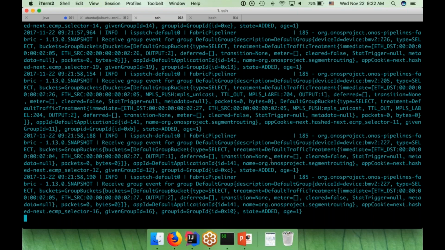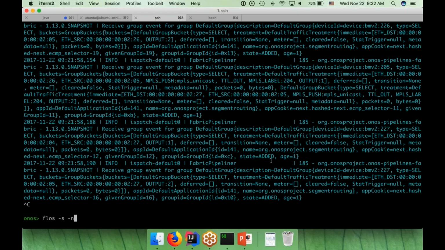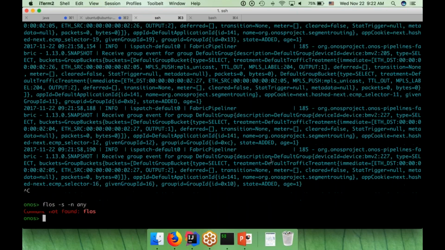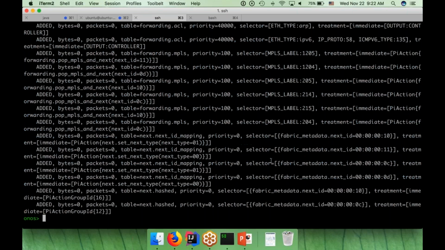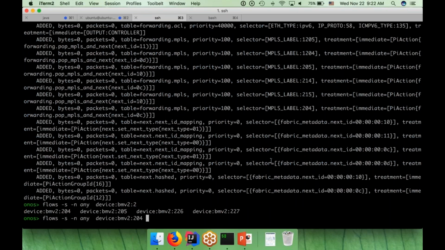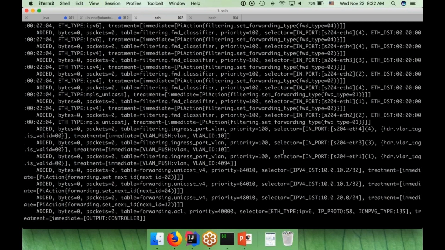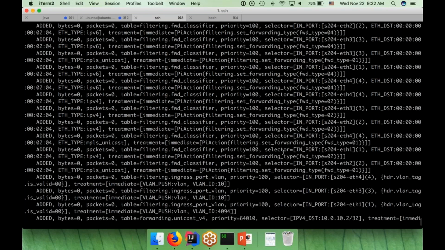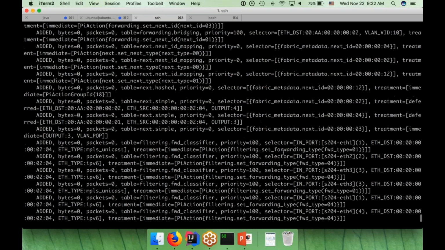So we can see those, for example, one of these. Maybe just 204. Yeah, so we can see basically for the bridging, we can find the bridging rules from the